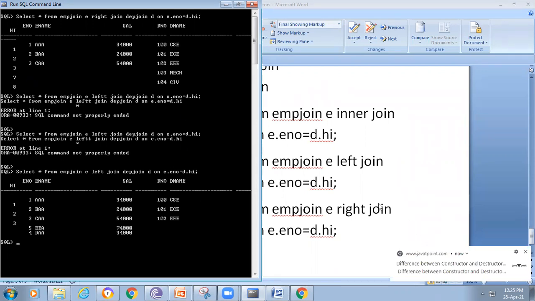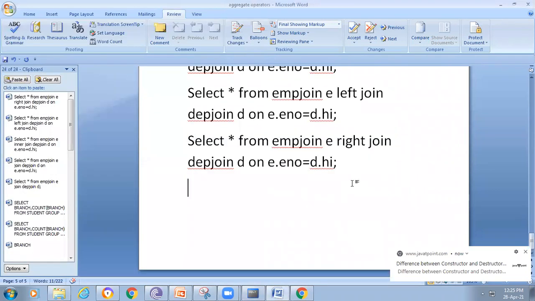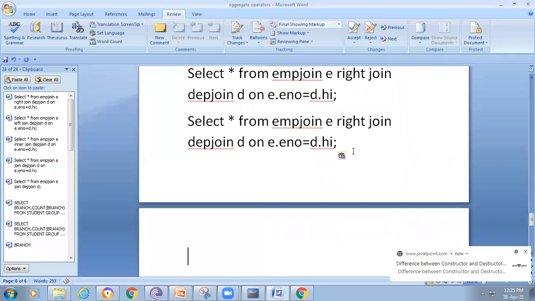If we want to display the total, then we can use the full join.